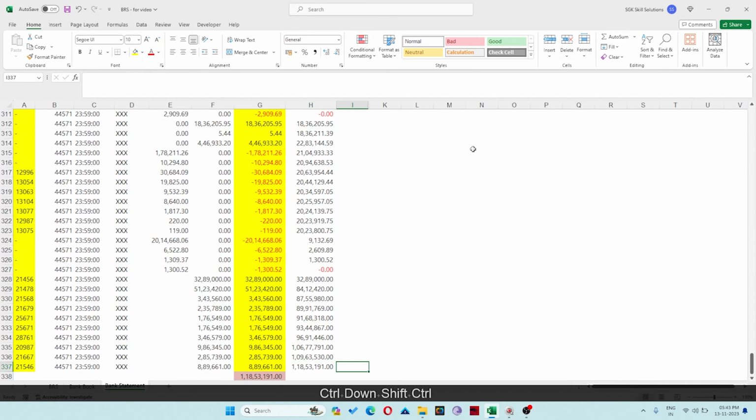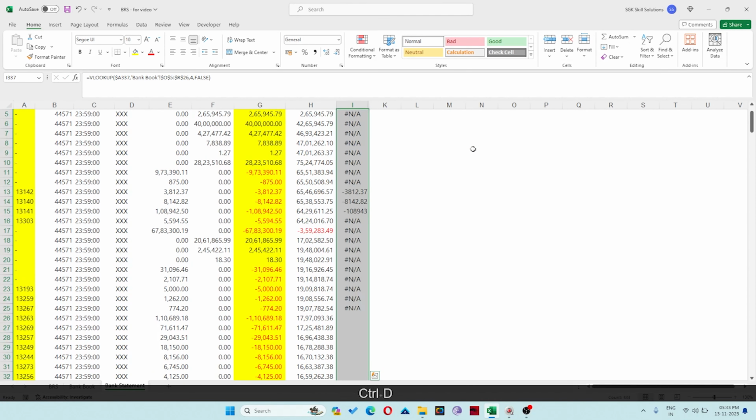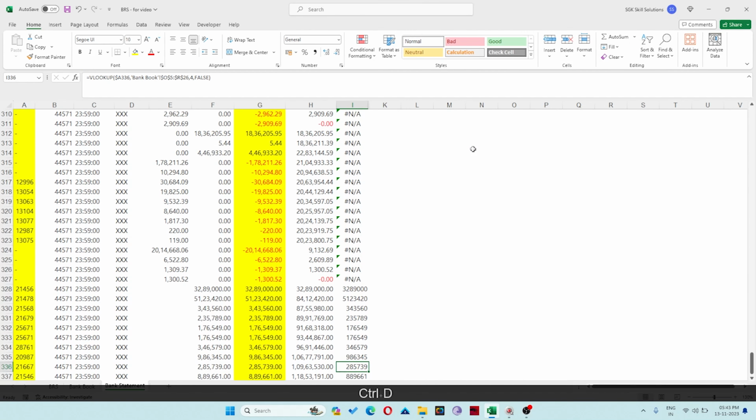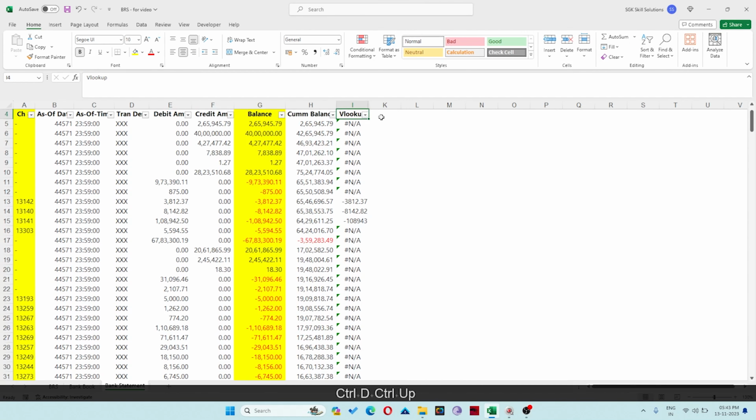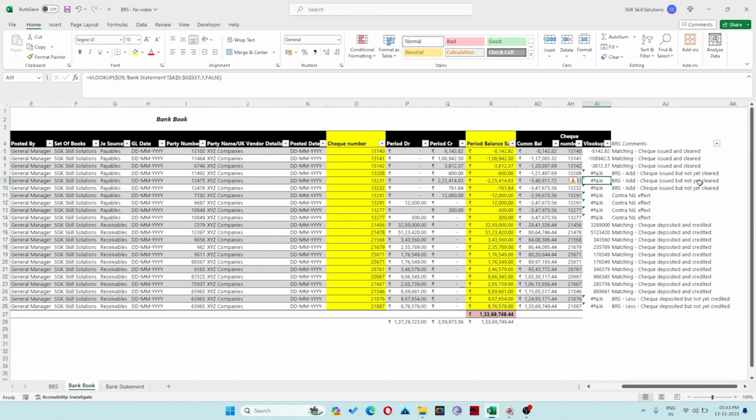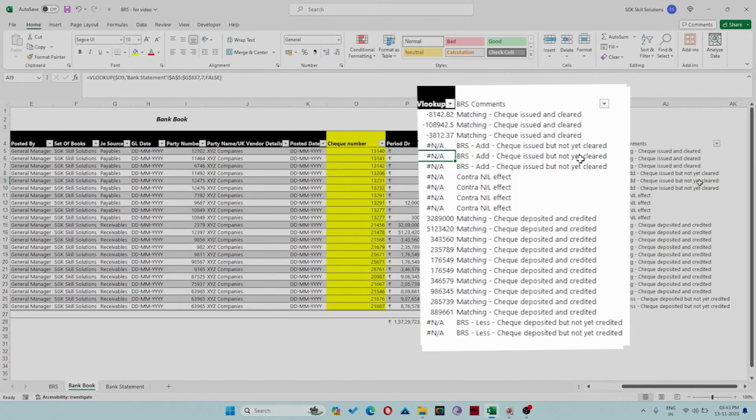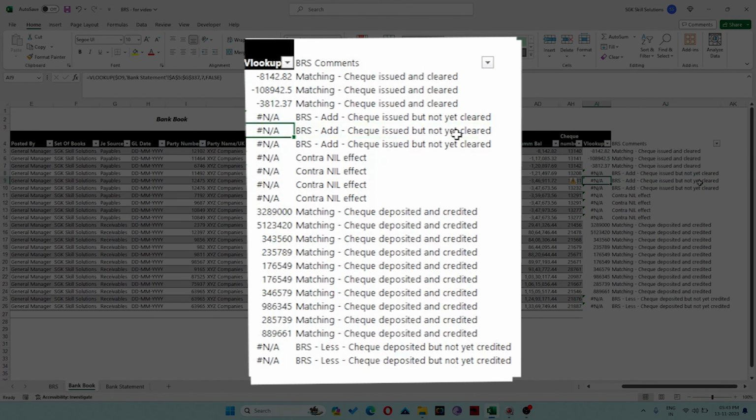And not just this, after we apply VLOOKUP for both places, we have the next step. Values which are matching and not matching. Now we also try and understand what are my BRS comments or bank reconciliation comments. Now how do we put those comments is something which you will learn in our F-RRP sessions in detail.